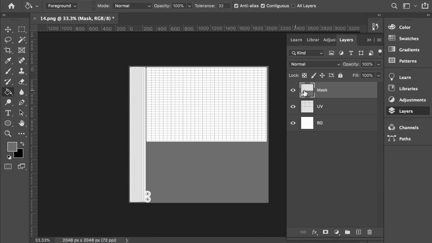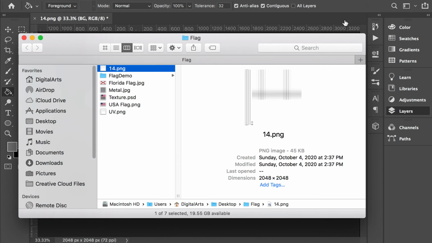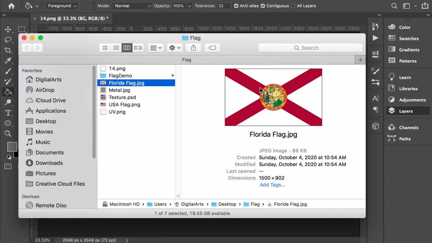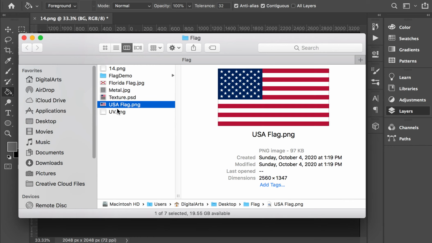Okay, so basically the mask will cover this area, so later on when we put the texture images between these two layers, it will not show up on this area. Alright, so I'll select all these three layers and we'll lock all of them. And then here I get the US flag, and I also have a Florida flag. So let's import them into